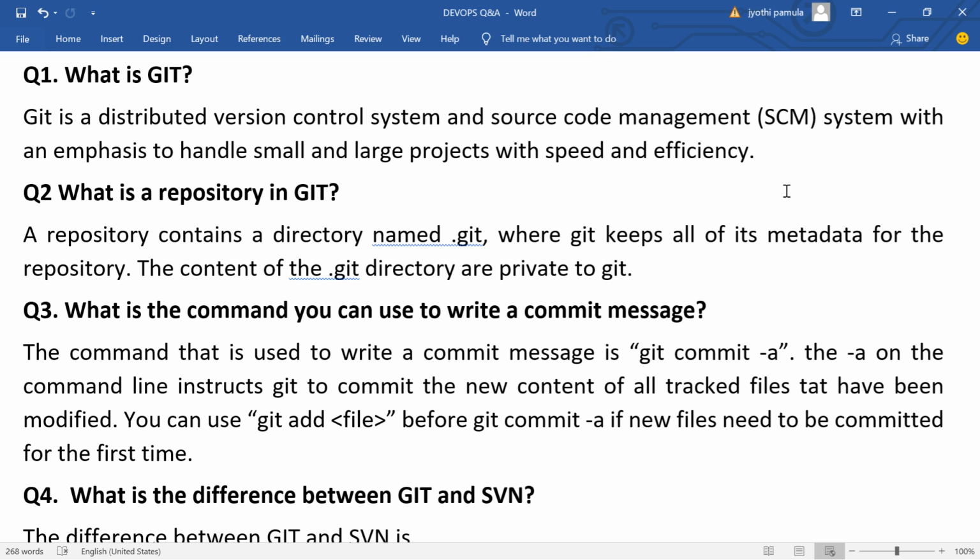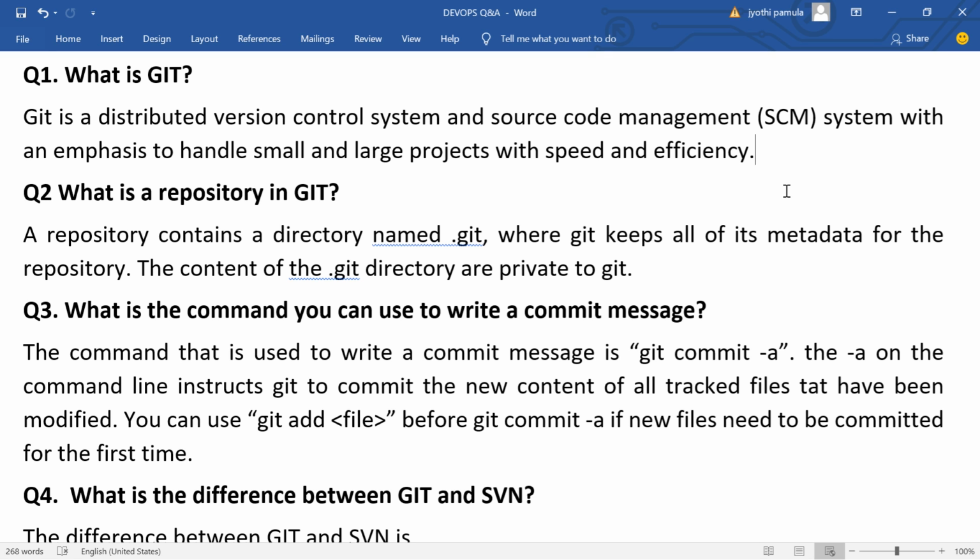A centralized version control system uses a central server to store all files and enables team collaboration, but the major drawback of CVCS, the central version control system, is that it's a single point of failure. That is, failure of the central server. Unfortunately, if the central server goes down for an hour, then during that hour no one can collaborate at all.